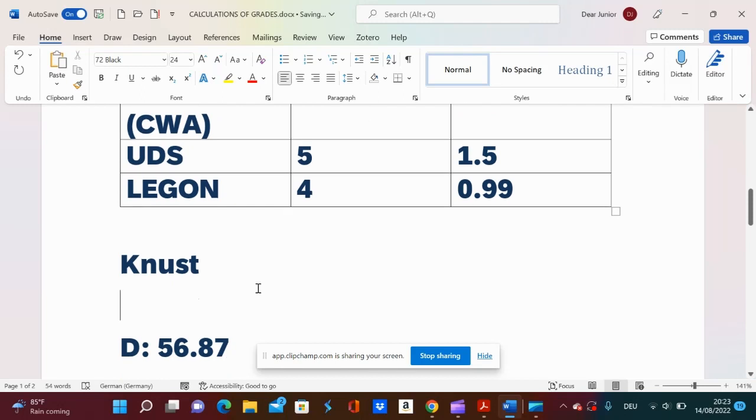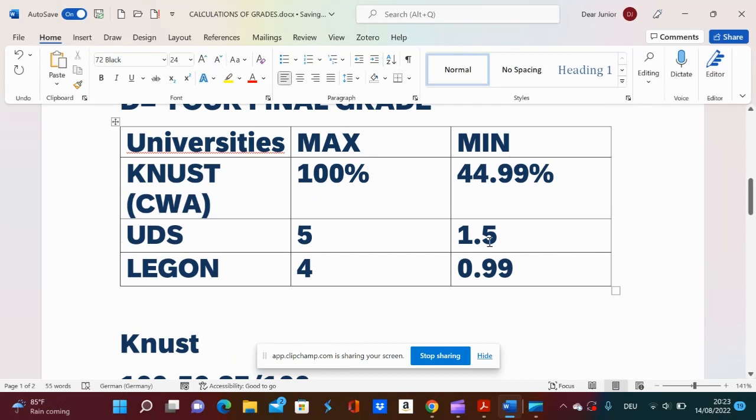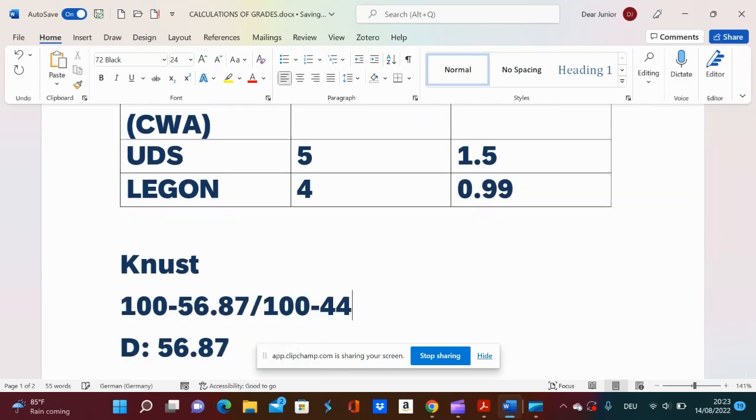The maximum grade for KNUST is 100. So 100 minus D, where D is 56.87, over the maximum, 100, minus the minimum, which is 44.99%. All of this goes into brackets,